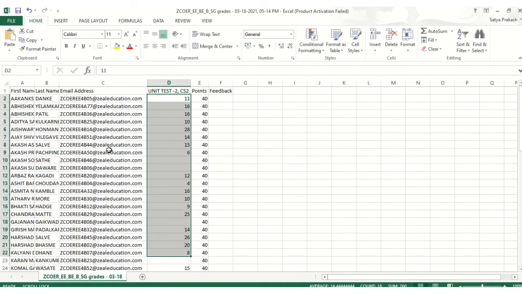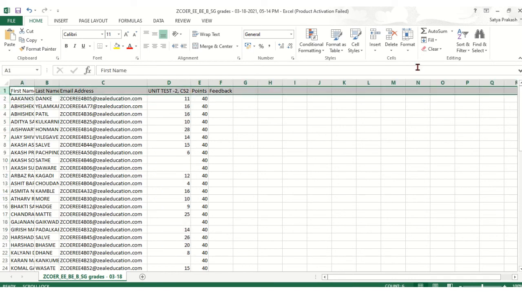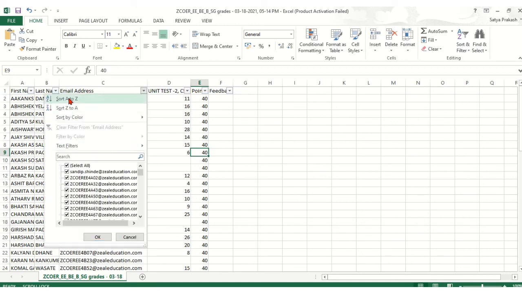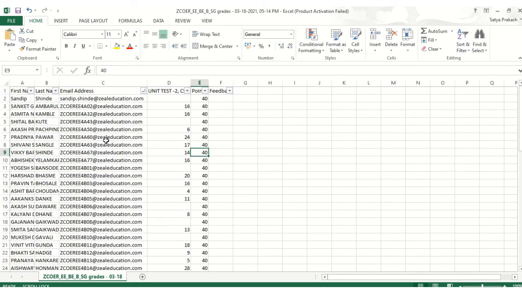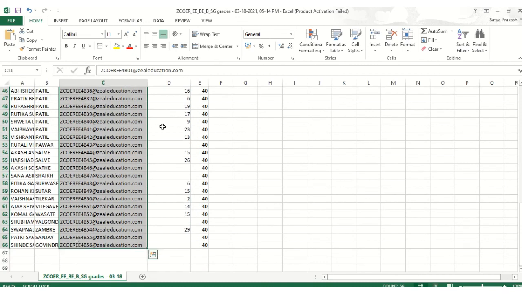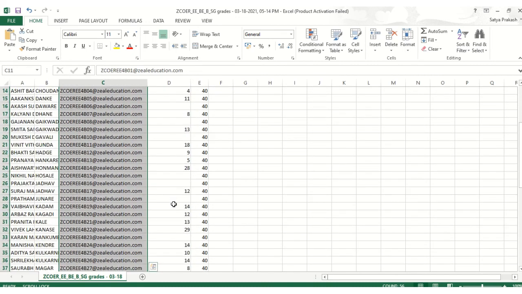If you are facing a problem with this, then yes, you can do one more thing. You can just attach a filter, and while attaching the filter you can just sort them A to Z. So once you have sorted them A to Z, now you can see here 1 2 3 4, all in alphabetical order it will be appearing, and you can directly copy these numbers and paste them in your sheet.